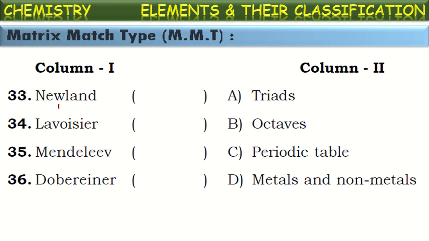First, if you see Newland, how did he classify elements? Newland classified elements into octaves, meaning sets of 8 elements. When elements are written in the increasing order of their atomic masses by Newland, he observed that the properties of one element in that series resemble those of the consecutive 8th element in that series. So he called this set of 8 elements one octave. So they are called Newland's octaves. Okay. Next, if you see,